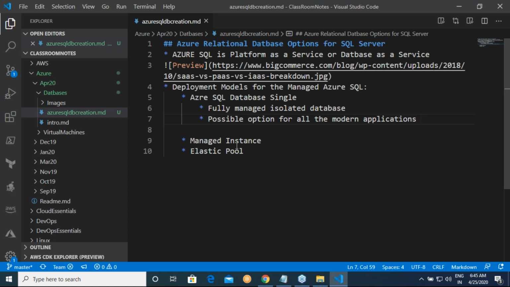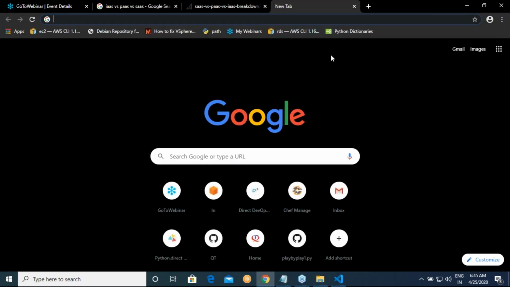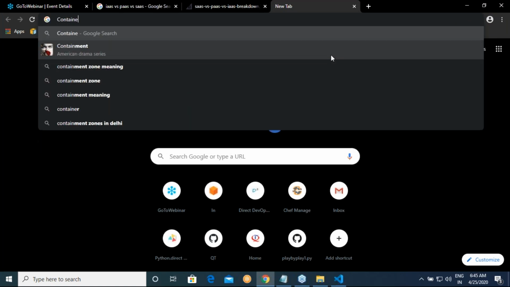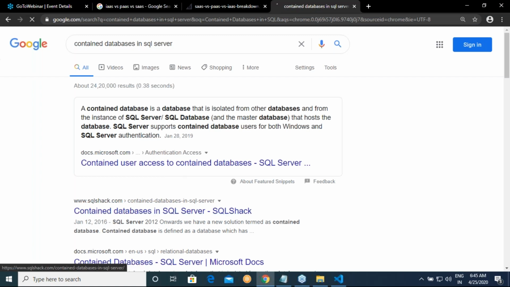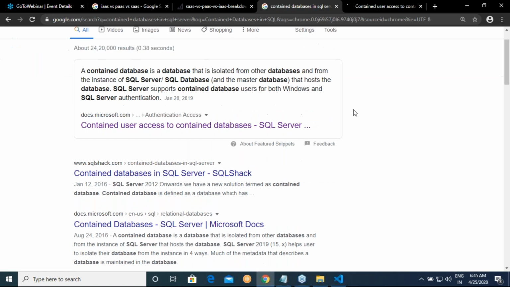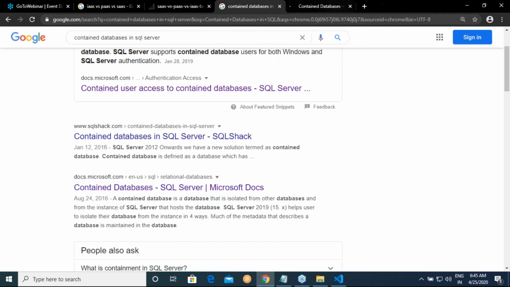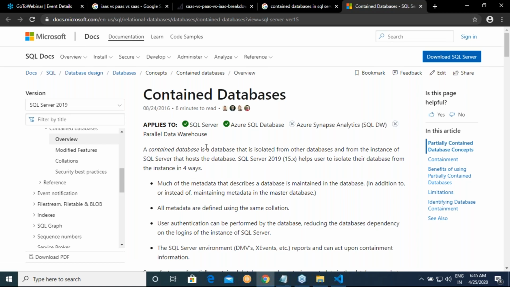I'm not sure how many of you know this, but if you come from the database world, in SQL Server there is something called contained databases.